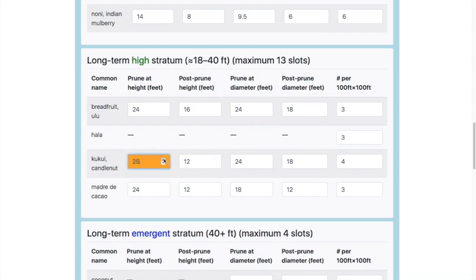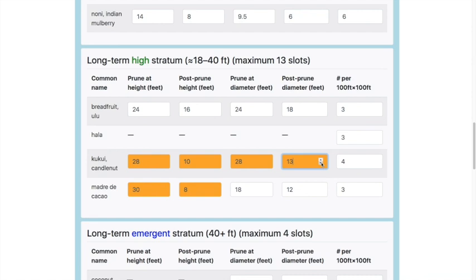I want these two to grow larger, and then I'm going to prune them harder. Okay, so I'm going to leave that like that for the height, and for the diameter, let's see, I'll do the same. Okay.